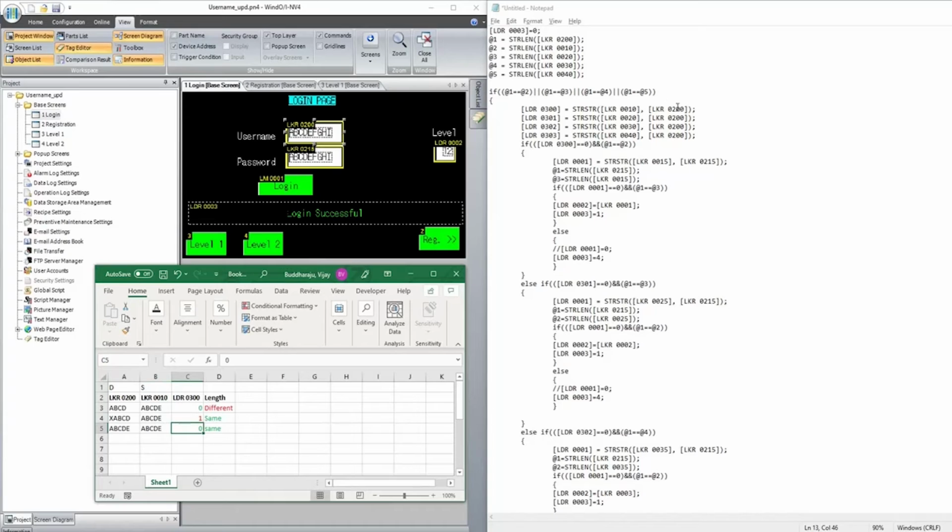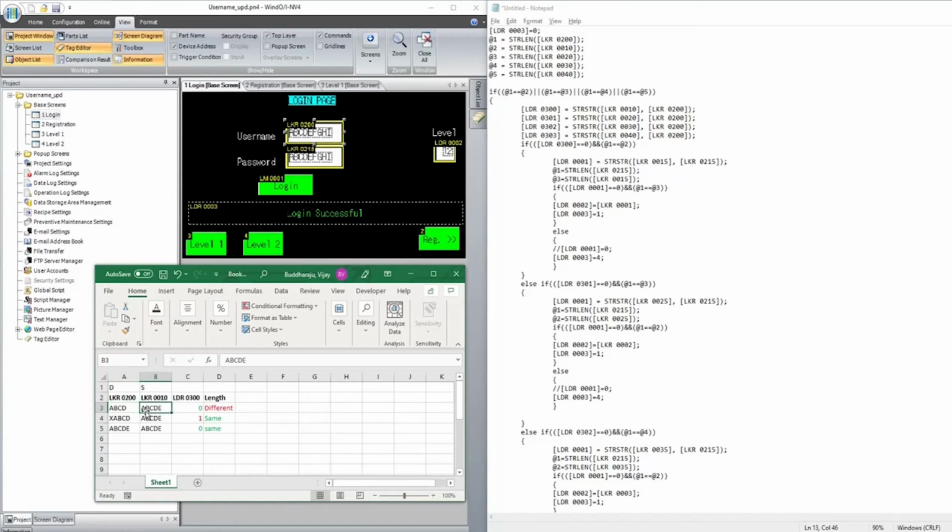So the destination device, that is 200, is matching with the source device, and it will throw the value of the location of the first match. Let us consider that in LKR 200 we have entered ABCD. Is ABCD present in LKR 10?